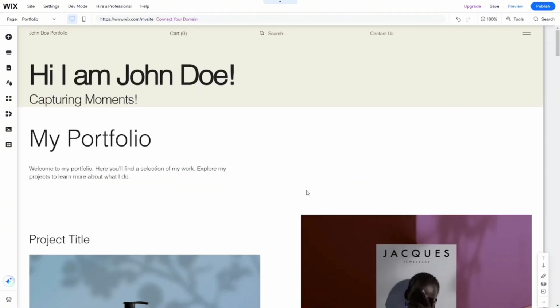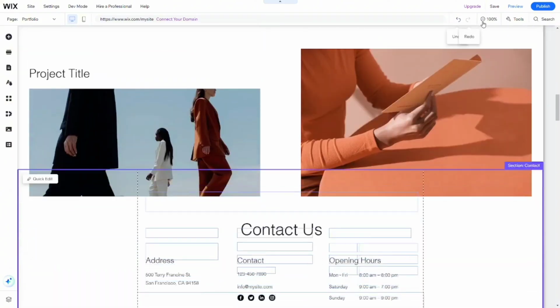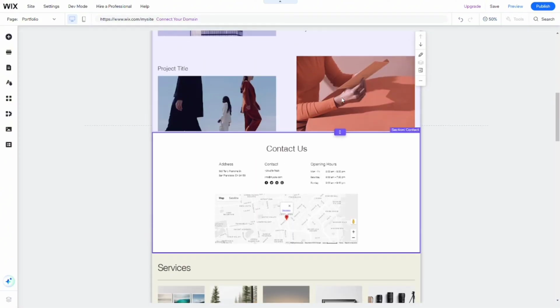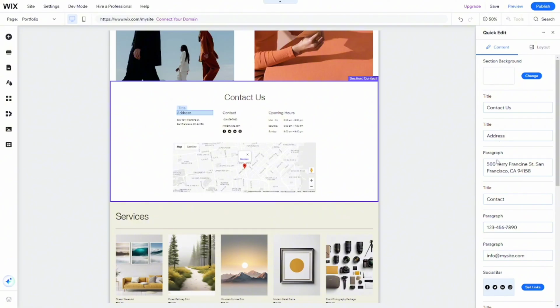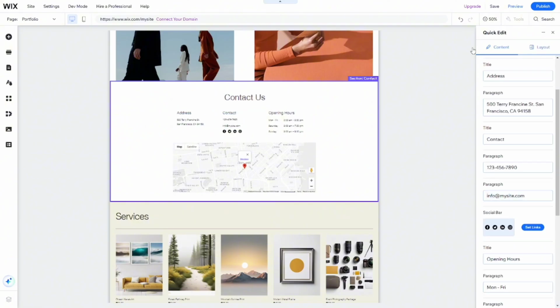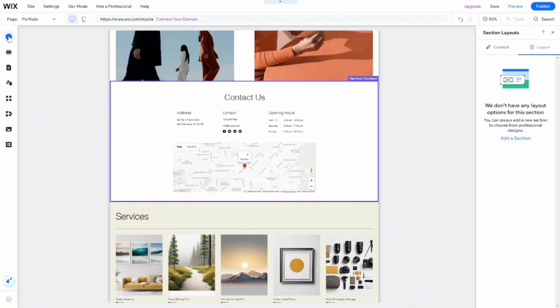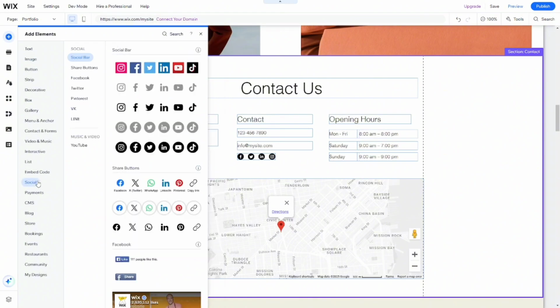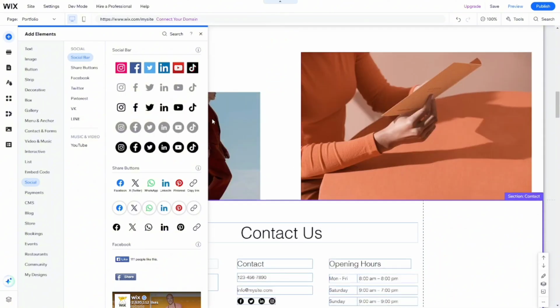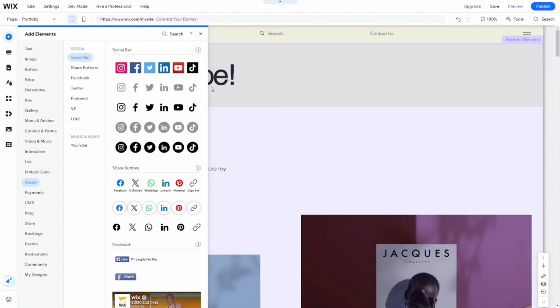Next is the integration of your social media. Adding social media icons allows visitors to connect with you on platforms like Instagram, Facebook, or LinkedIn. You can click the Add button, select social media, and drag the icons to your footer, sidebar, or your menu. You can link these icons to your accounts by entering your personal or profile URLs. This feature is especially useful if you are running a blog or portfolio, as it encourages visitors to engage on